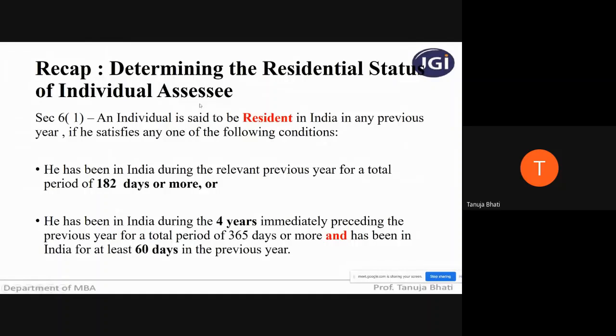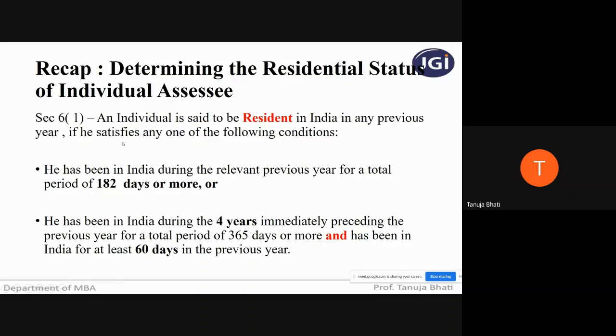First, we check the basic condition. The basic condition is just to check whether the individual is a resident or non-resident. Later, we will see the additional conditions if he qualifies as a resident. Remember, the first step is to check the basic condition, because only if he fulfills it can you step into the additional conditions. Otherwise, the additional conditions are of no use.